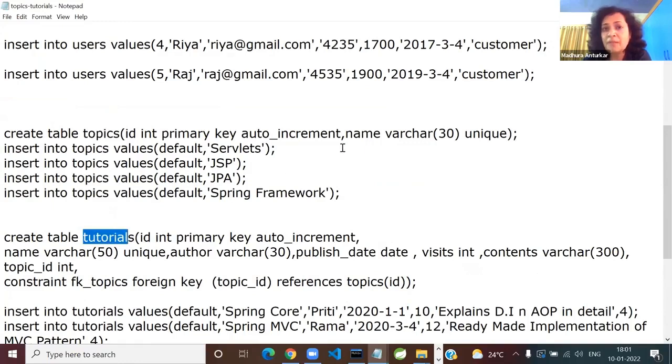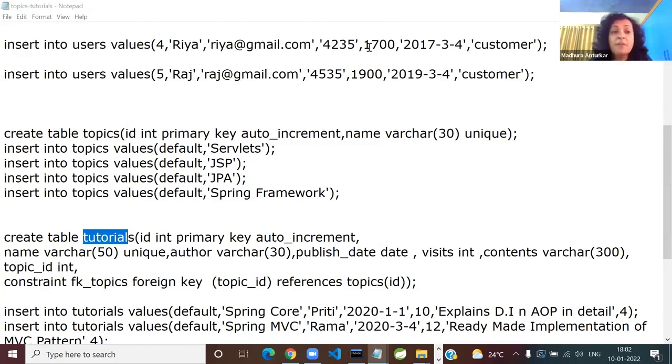Okay. So, will there be any relationship between topics and tutorials? Or are they standalone tables? Is there going to be any relationship between topics and tutorials? You have the whole table. Of course, yes. Which one? Don't just say yes. Tell me which one. So it reduces my effort. You know types of relationships: one-to-one, one-to-many, many-to-one, and many-to-many. So tell me, which one?